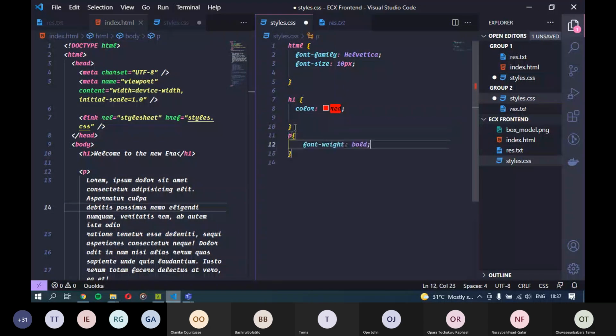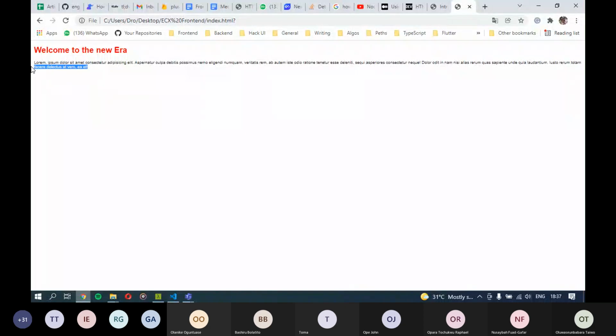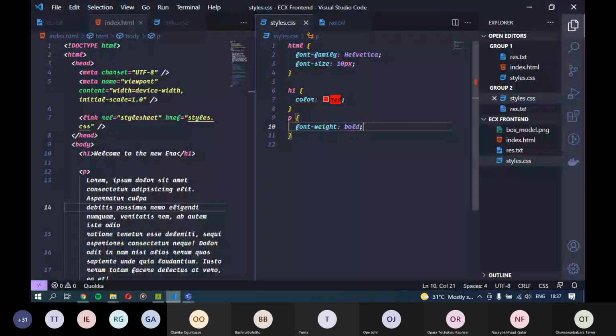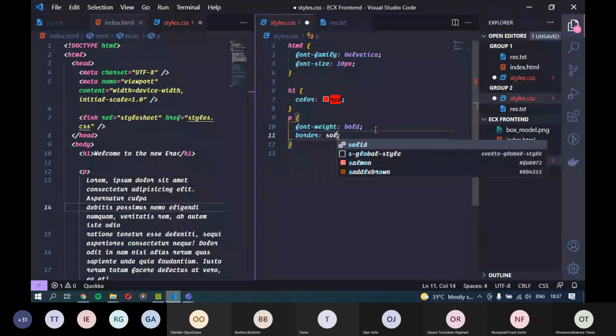Now there are a lot of other styles that we can apply to our text. As you can see here, there's border. To give our tag a border, we can use this syntax. It might be somewhat confusing, don't bother too much about it. I just want to show you that you can use a border attribute. So solid, 1 pixel, then the color, let me just say #ccc.